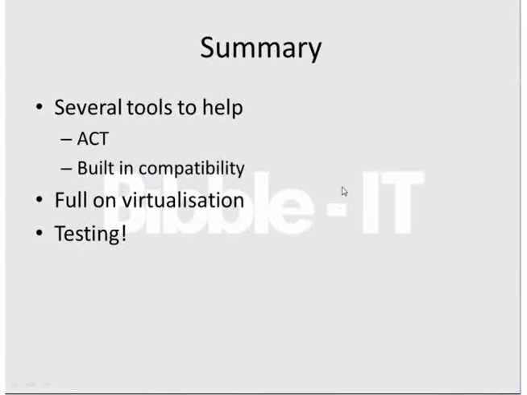So in summary then, if you get problems with legacy applications, there are several things you can do. There's the built-in compatibility tools with Windows XP, or if you need to take it a step further, there's the ACT Application Compatibility Toolkit. If you get really stuck, there's full-on virtualization using XP mode. But the key thing to all of this is make sure you test your programs. Before you consider any sort of a Windows 7 deployment, you need to put a few desktops together, install all your normal applications, and get people to test it to make sure that